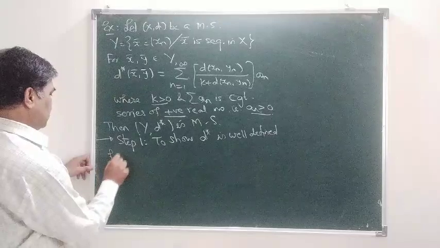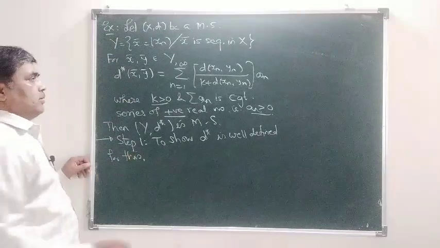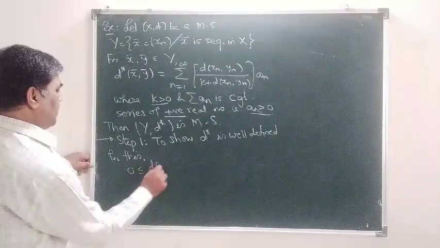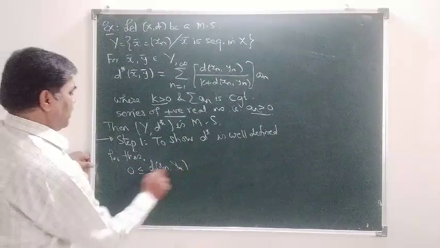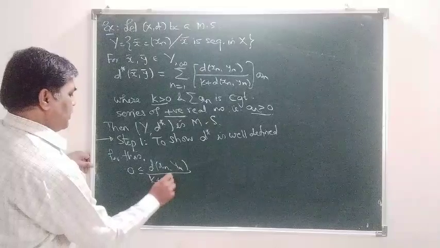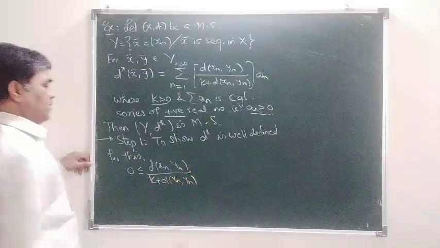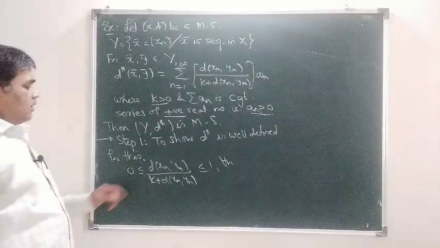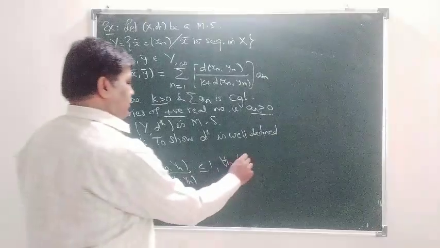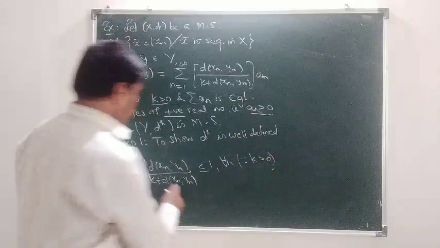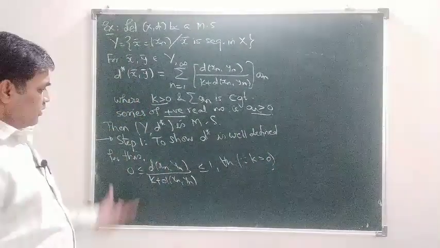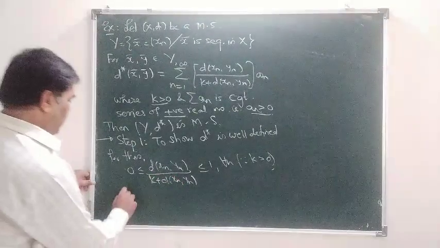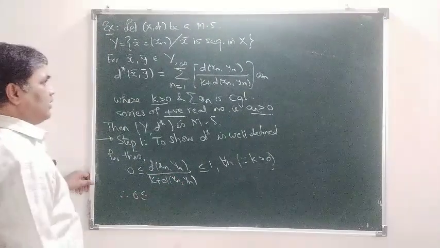For this, 0 less equal d of xn, yn upon k plus d of xn, yn less equal to 1 for all n, as k is greater than 0. So the numerator is less than the denominator. So this number lies between 0 and 1,